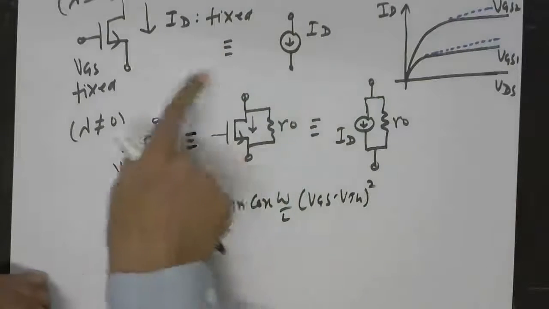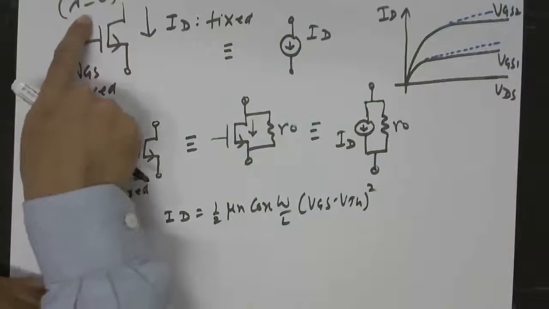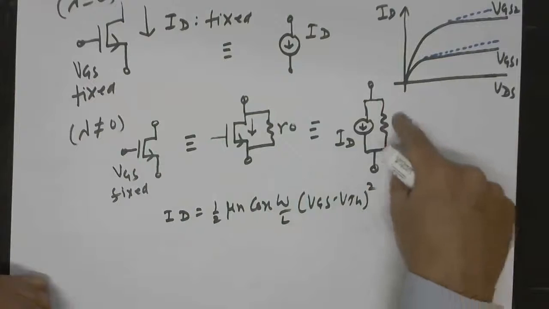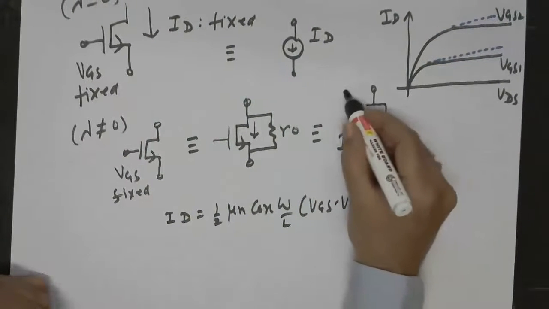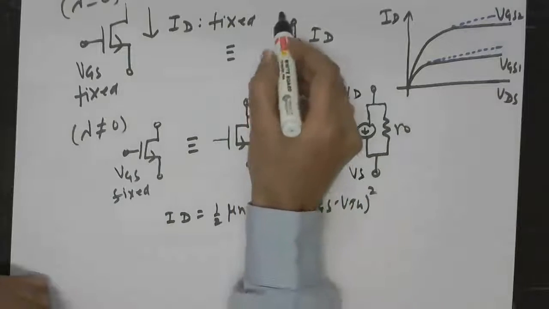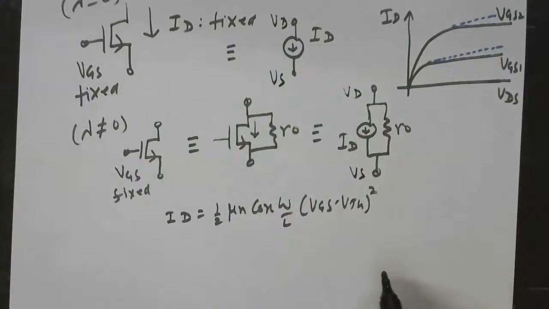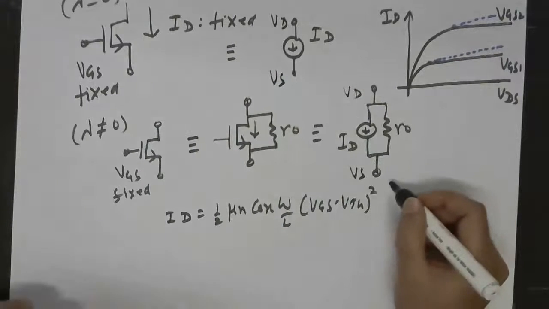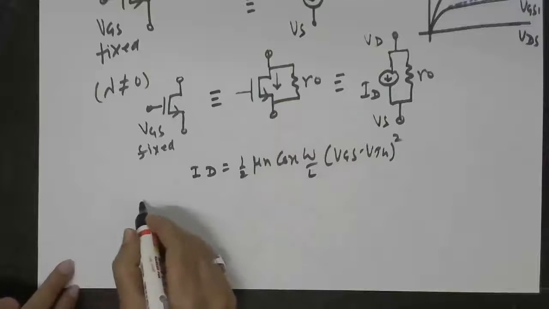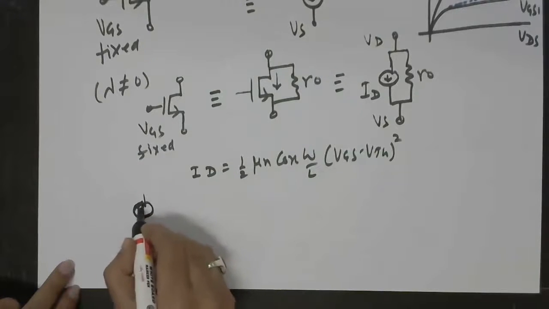So in both the cases, for lambda not equal to 0 and lambda equal to 0, ID is this one, and the additional current here will be contributed by R0, which will be decided by the drain to source voltage. But in this case, drain to source voltage has no effect on the net current. Right. So now the common source amplifier with the current source